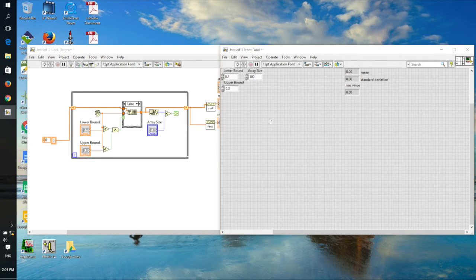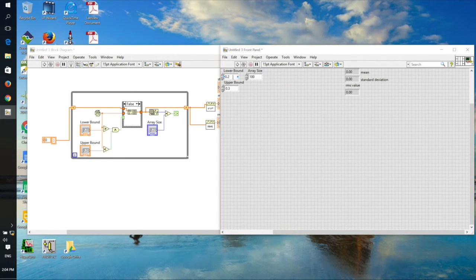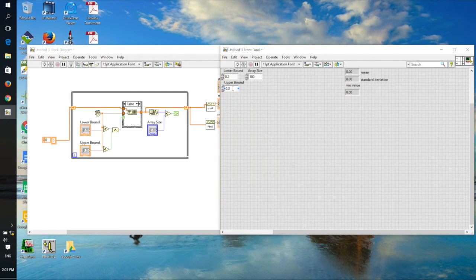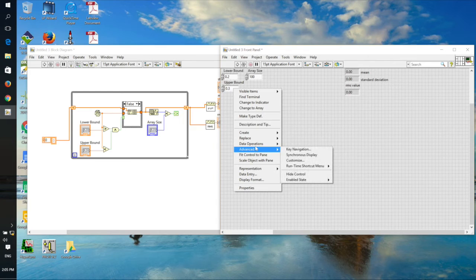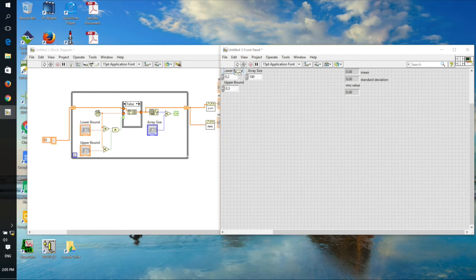Okay, and so as before, we can go to data operations, make current value default, make current value default, and make current value default. Now if we run this VI,